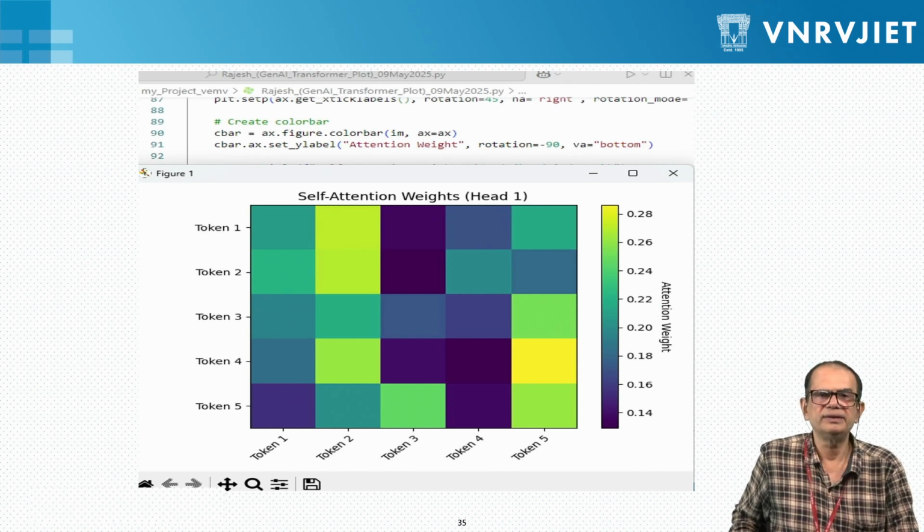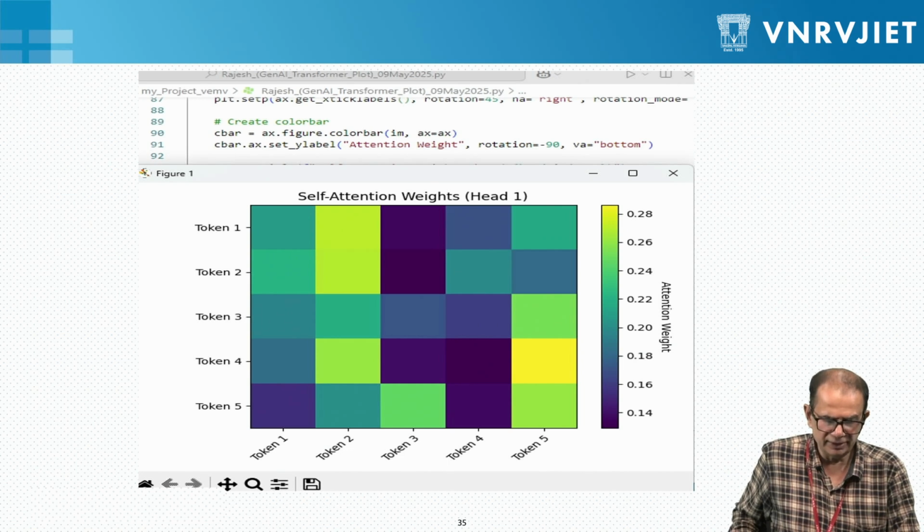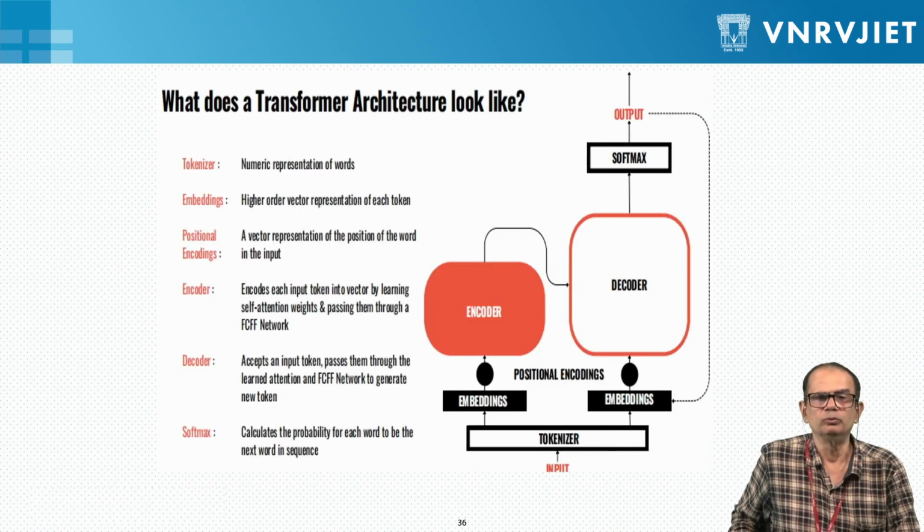Here you can see that in this particular one we have plotted the heat map, and you can see that some of them are black, in which we have a greater value, and then subsequently we have done the plotting.